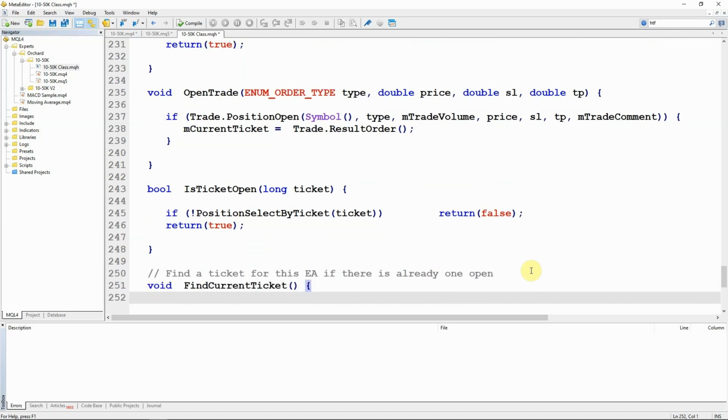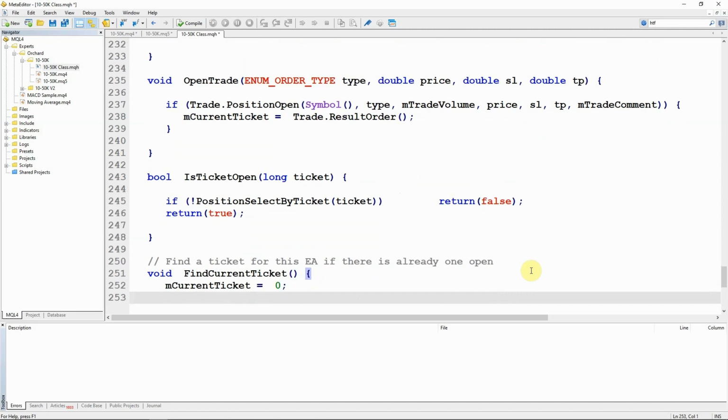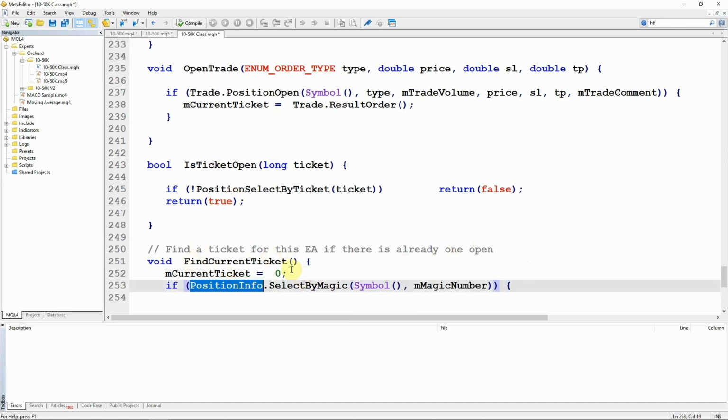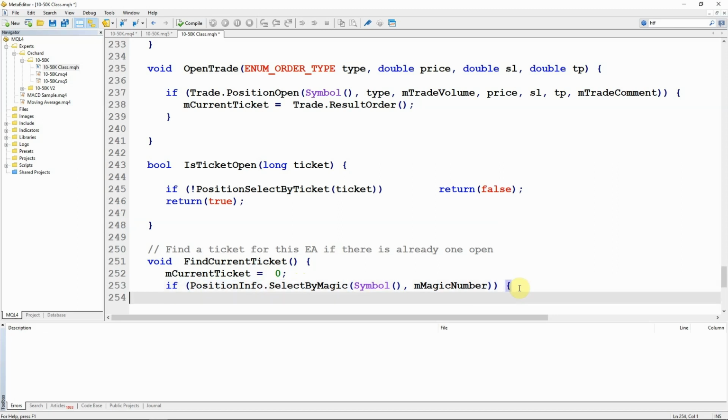And then the find current ticket method for Metatrader 5 is also different. So still initializing the current ticket to 0 at the beginning, but then I'm using the position info object that we created at the very beginning, and it has a method called select by magic, where you pass in the symbol, and I'm getting the chart symbol and the magic number, and it returns a Boolean value.